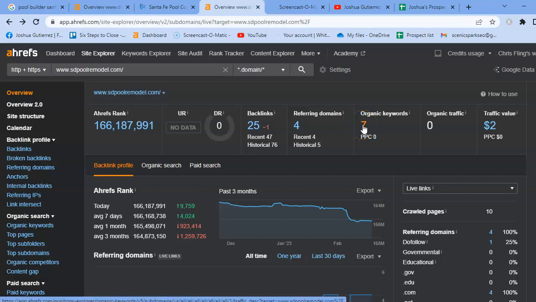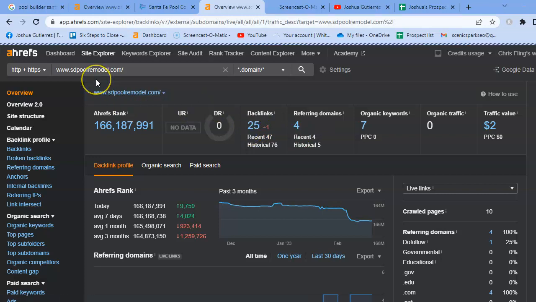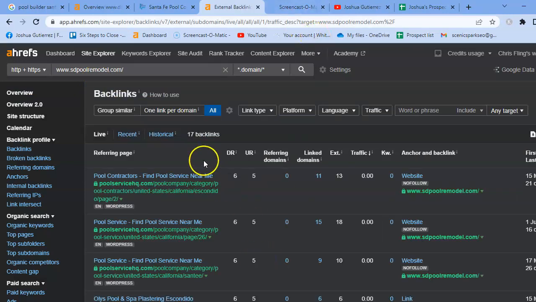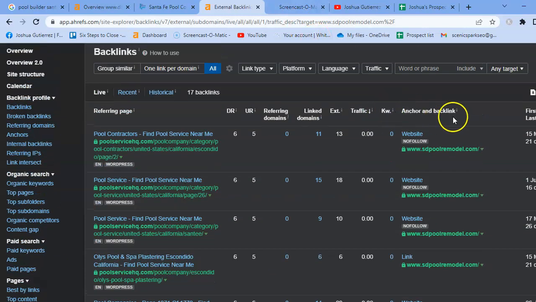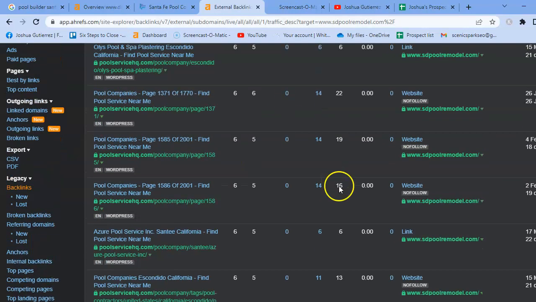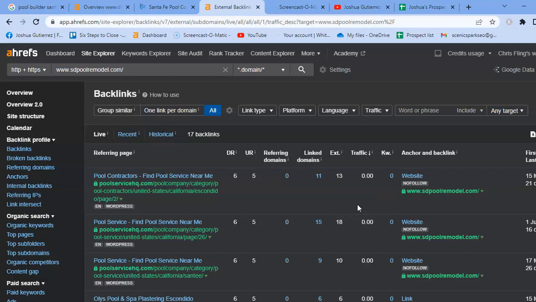Now, secondly, I want to touch on the backlinks, which we kind of already did. When you hit backlinks here, this is what your competitor has. They have all these backlinks right here, and all these are anchored backlinks. We have access to this, so we can definitely plug this into your site and whatever else we need to do. In order to rank for internal backlinking and whatnot, we need to do what they're doing. If we can do what they're doing and a little bit more, that will help us beat them in the long run.